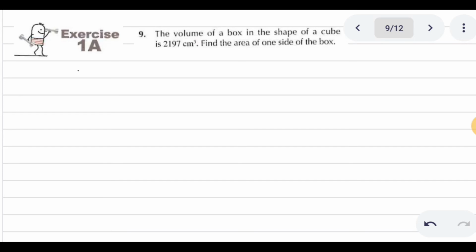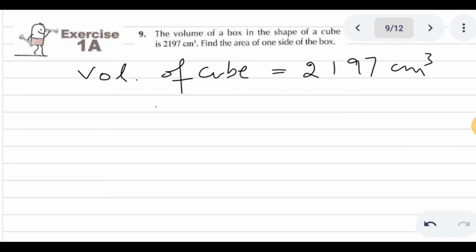Now in question number 9, the volume of a box in the shape of a cube is 2197 centimeter cube. Find the area of one side of the box. So in this question they are giving us the volume of a cube, and the volume of the cube is 2197 centimeter cube. And because we have to find the area, first we must know the length of